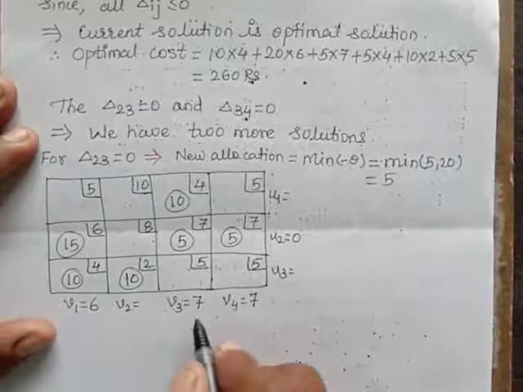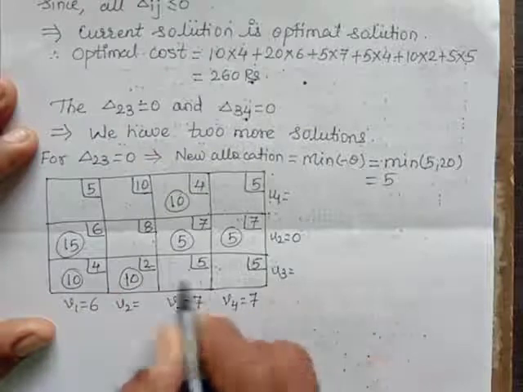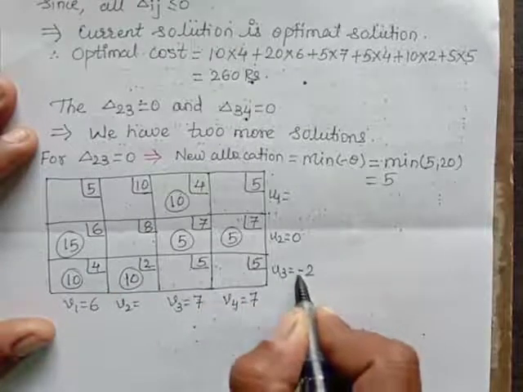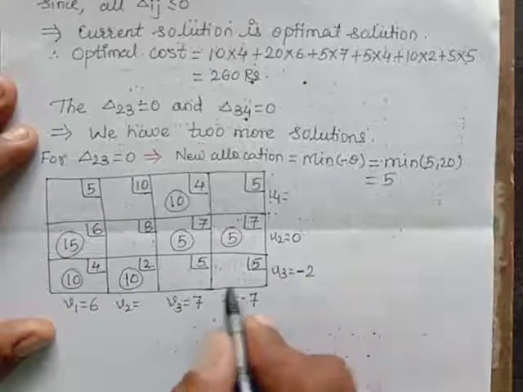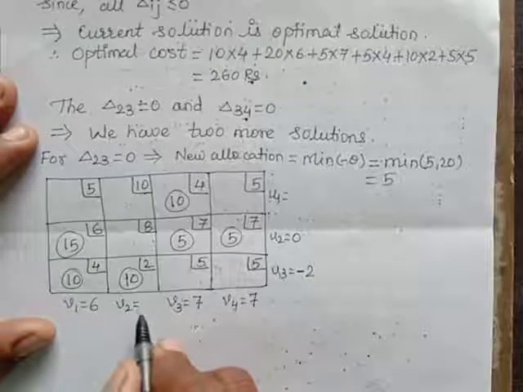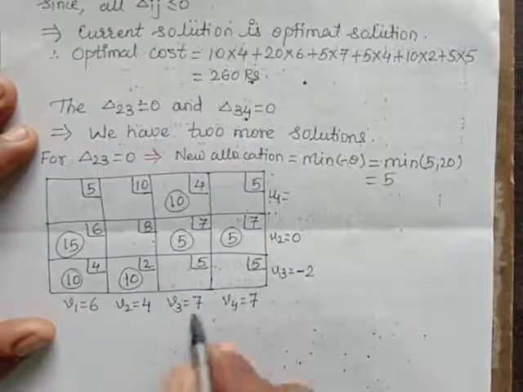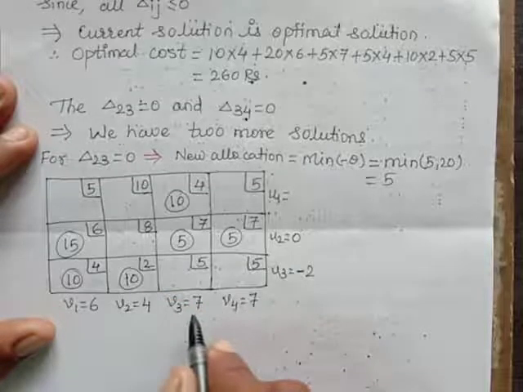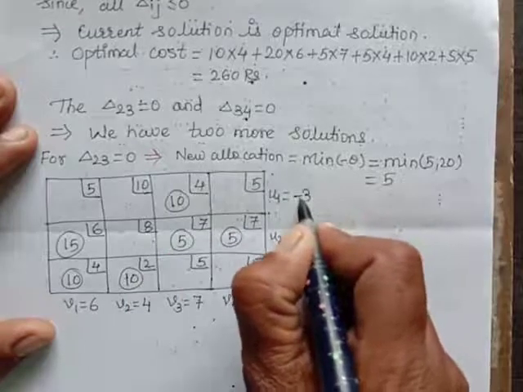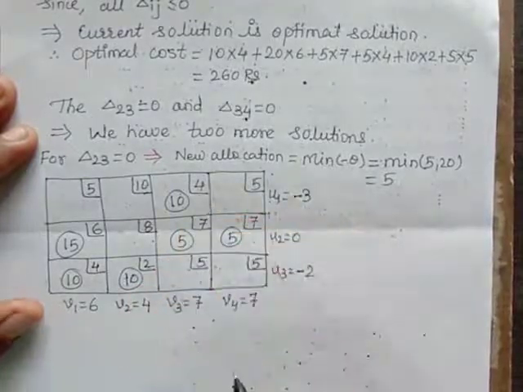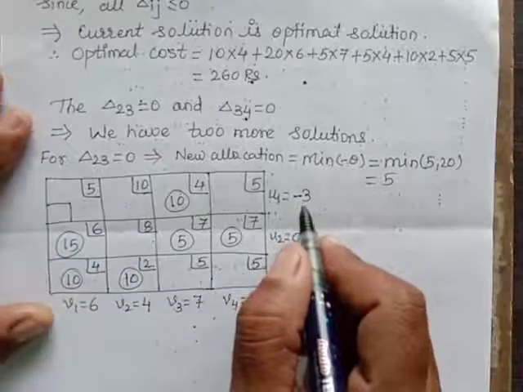So once we find them, we can find others. So now 6 is here, 4 is here. So 6 plus what will be 4? So it will be minus 2. Then once we get minus 2, so minus 2 plus what will be 2? So it will be 4. 4 minus 2 will be 2. Then 7 plus what will be 4? So it will be minus 3. 7 plus minus 3 will be 4. So now from that find out delta ij's now.